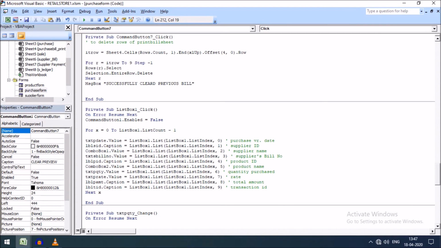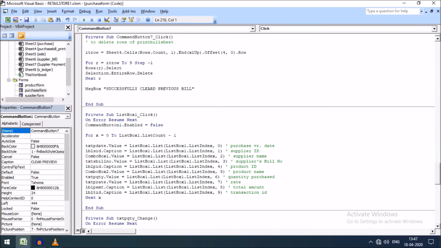Okay, and rows I have selected, the total rows, with this command, and then selection dot entire row dot delete, and then I have next r. I have concluded the for loop with next r. Message box, here I have given successfully cleared previous bill.